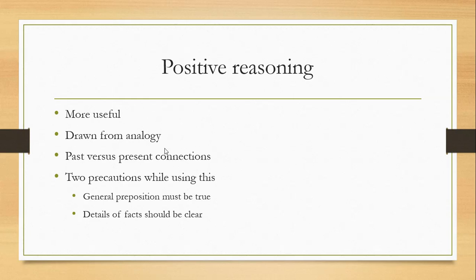So this gap on religion can be filled using this kind of reasoning. You should remember that the proposition should generally be true. What you are trying to do in positive reasoning is draw an analogy. You see what is a general fact, then you see what you don't know, and you try to correlate. So, for example, let us say